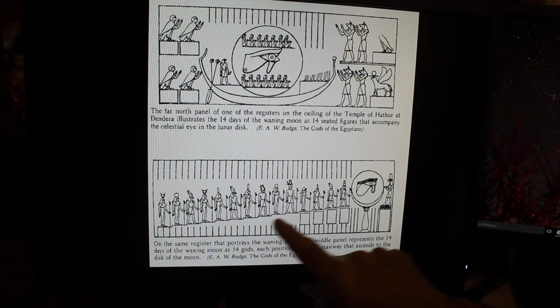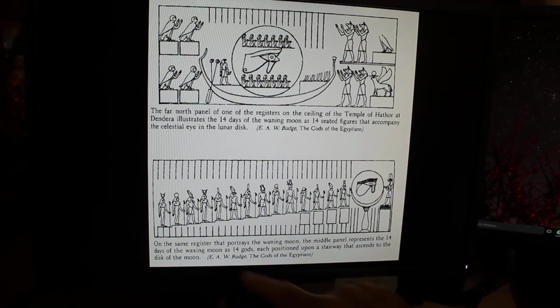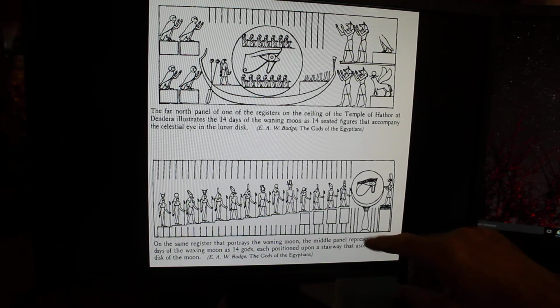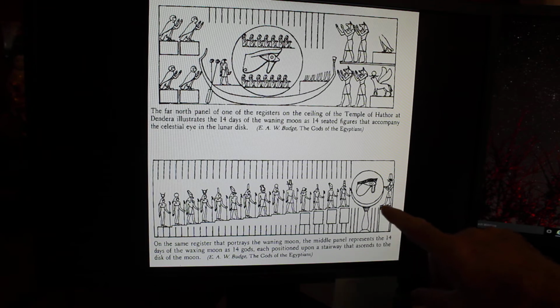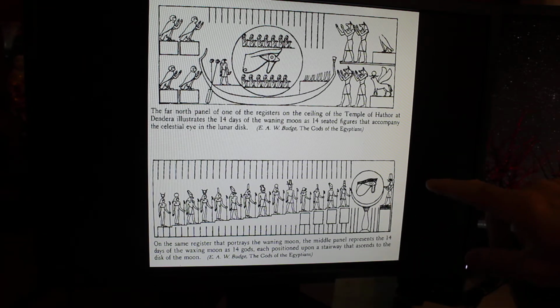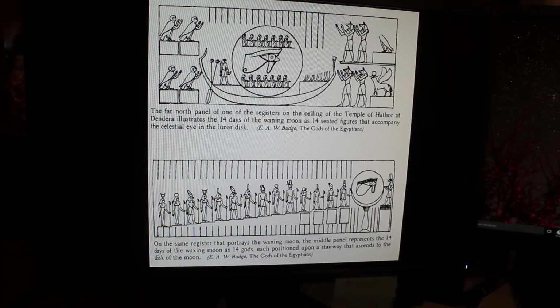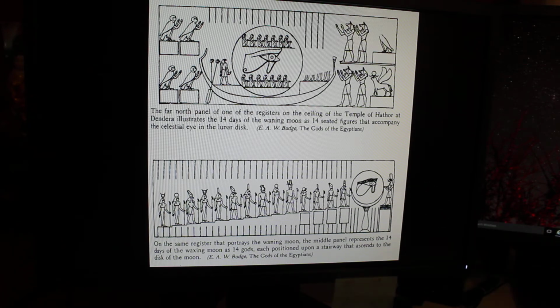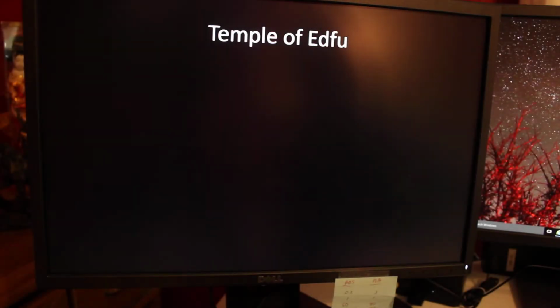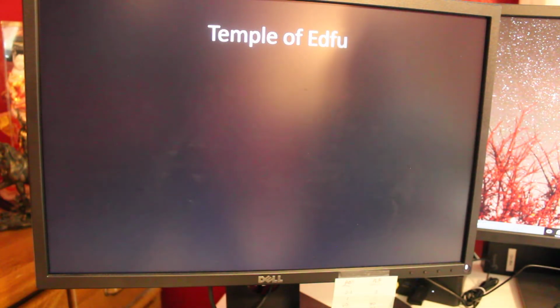The ascending staircase shows that there are 14 gods ascending. That represents the 14 days going from when you can't see the moon, when it's new, until it becomes full moon. Okay? And then you could have descending ones, and it would be the waning moon, or the moon getting smaller, representing the disk going back to zero again, representing the Eye of Horus here. So we look for those symbols in the Egyptian temples. All right, so first we're going to go to the Temple of Edfu.